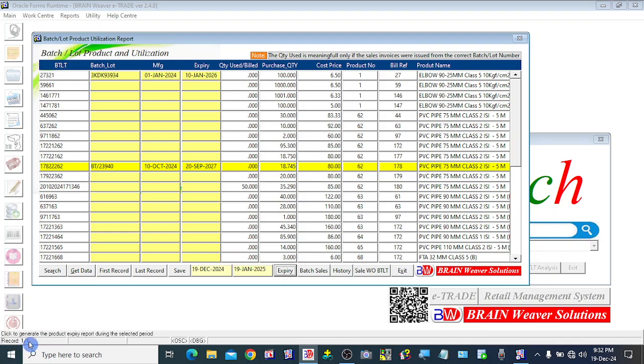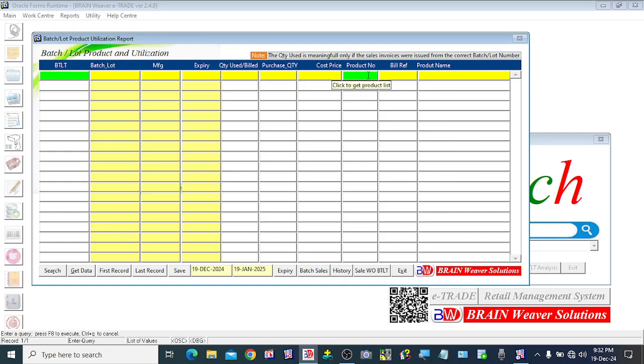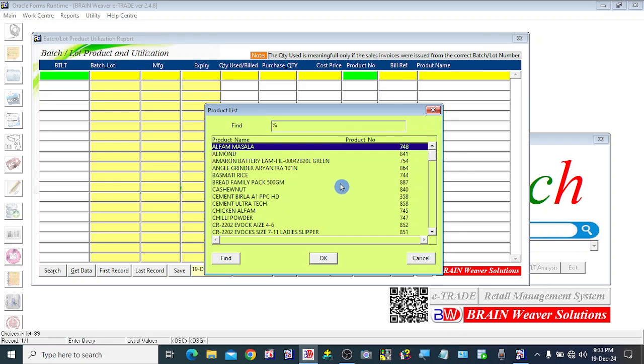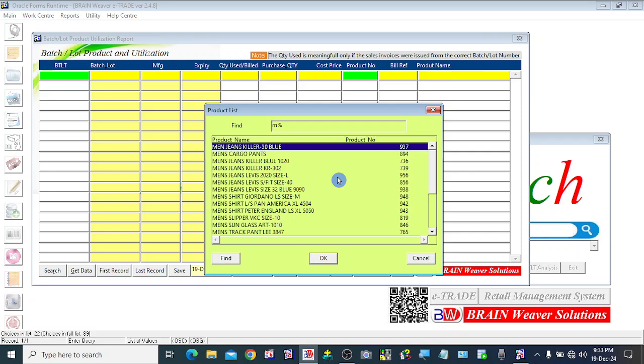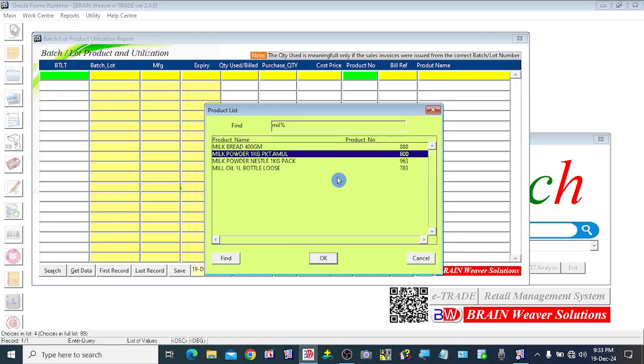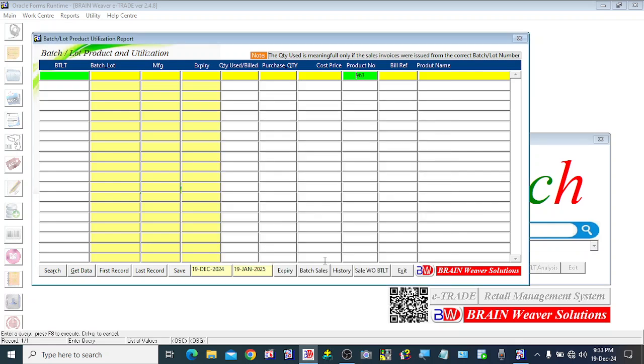If you want to search expiry information regarding a specific product, by clicking the search button, and here in this product number field, by pressing the enter key, the system will display a list of all the products we have purchased. Here let us take milk powder Nestle 1 kg pack. This is a recent product we have purchased. By clicking get data, here we can see